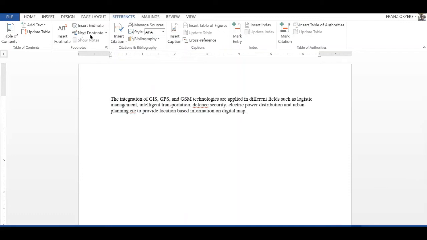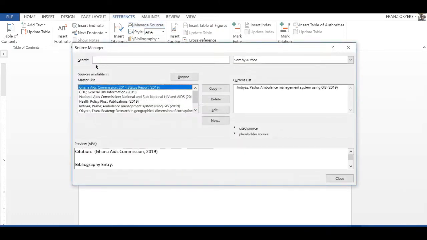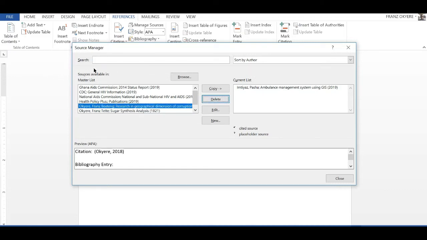Then we have insert citations. So under citations and bibliography, in the references menu, we can create a new source. Okay, so I've already done this, but I think I can remove it and then do it all over again. So let's go to manage sources and simply look for Imtiaz and Pasha and delete it. So these are references I've already created.